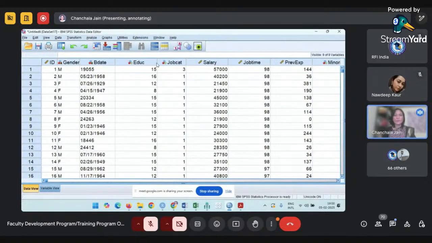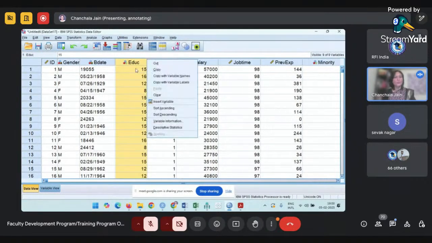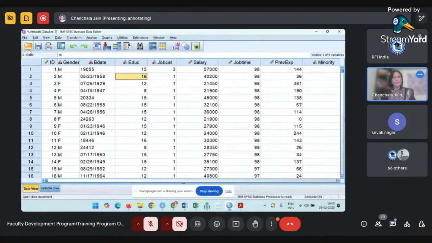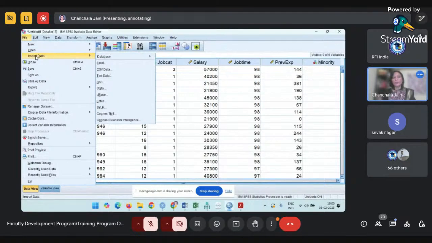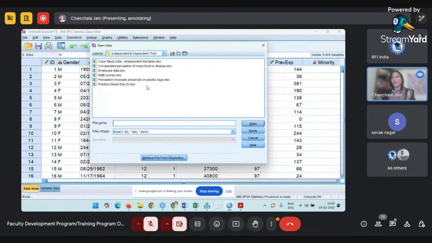So this is the way of importing data in SPSS, and this is one way. The next way is to go directly to the import data section under File. You can click on import data, and from there you can find the defined formats directly available. Once you click on Excel, you will be on the open data folder, and if the correct folder is selected, by default all the files available in that folder will be visible to you. Or else you can change the location and find the appropriate file from there, right? So this is the second way.